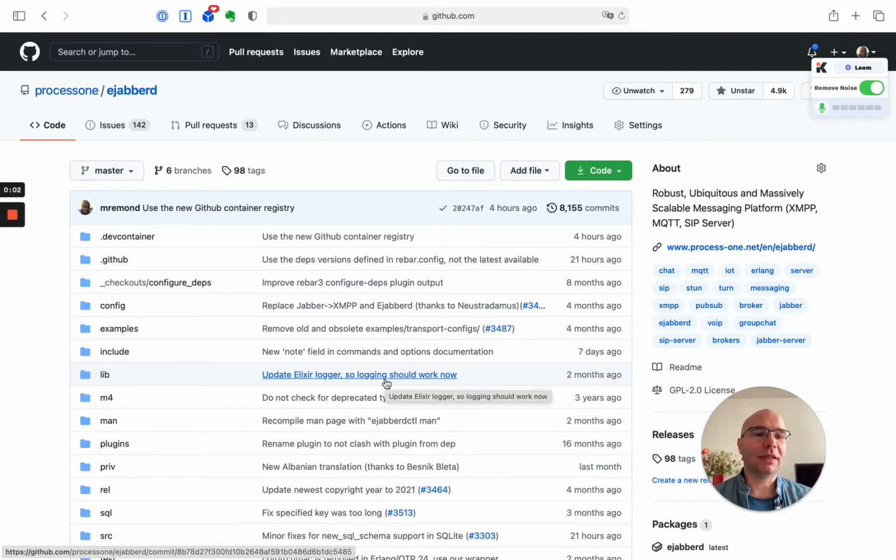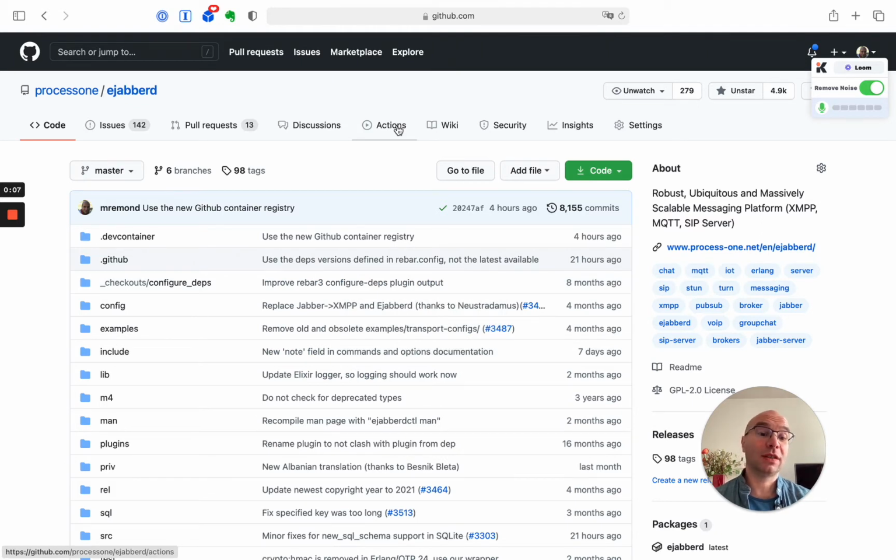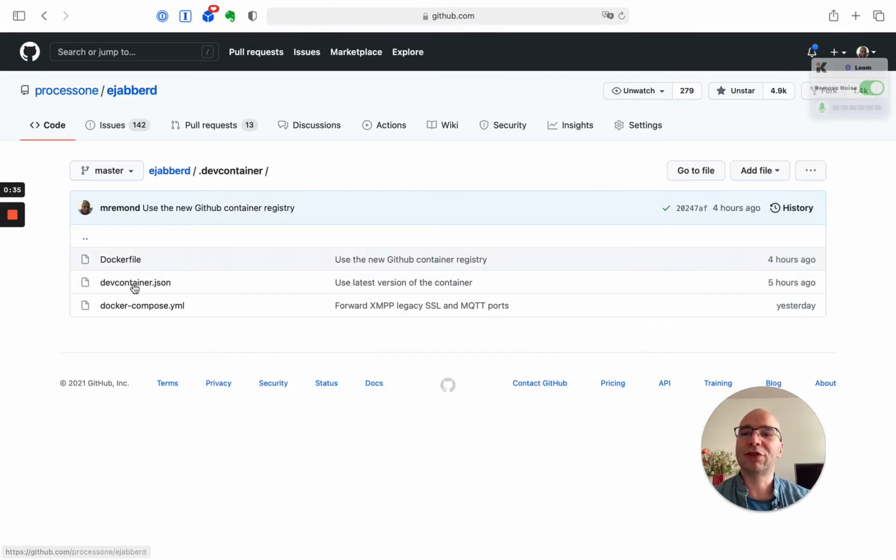So I promised, let me demonstrate how to work with ejabberd with Codespaces, a new GitHub feature that allows you to develop directly in your browser. Basically, check out ejabberd and develop in your browser using a packaged version of Visual Studio Code. GitHub did a very good job packaging everything and making it easy. So I already prepared everything to be able to run ejabberd in the .devcontainer so that you can